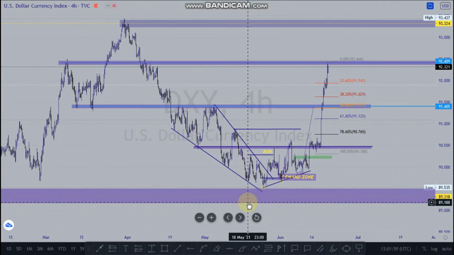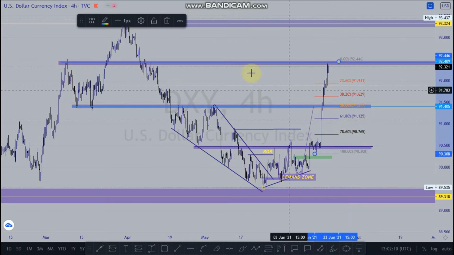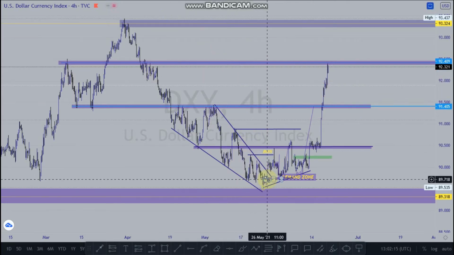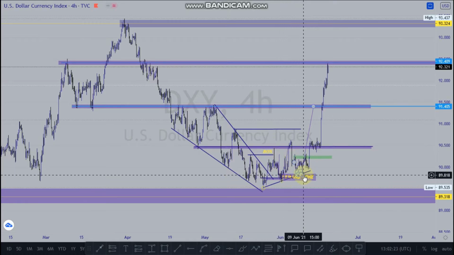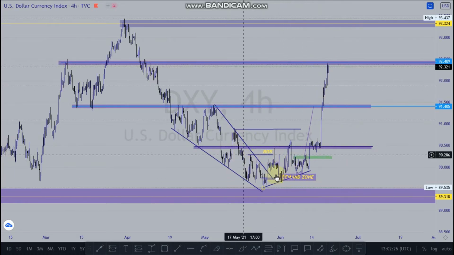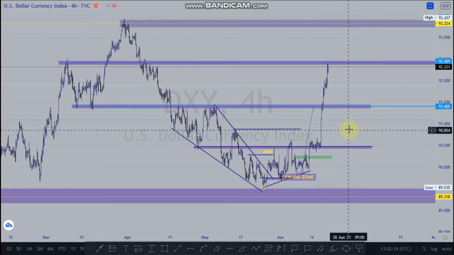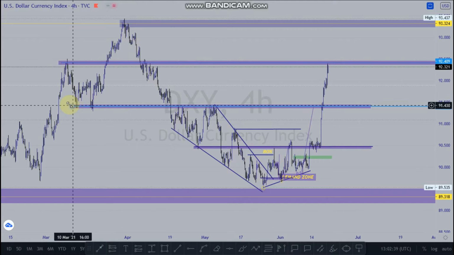Yes, I've been using this pair to measure the strength and the weakness of the dollar. That's why I already have markups on it. Last month, from the 26th of May, is when I started forecasting and doing analysis concerning this pair. I noticed that the downtrend is going to end soon. So you could see I have my markups here. This is my 4-hour markups, and this very structured level